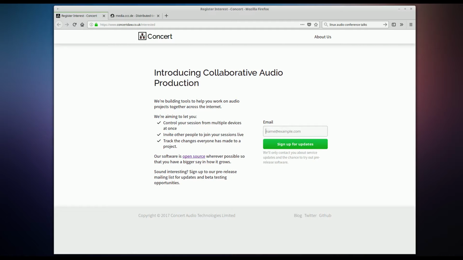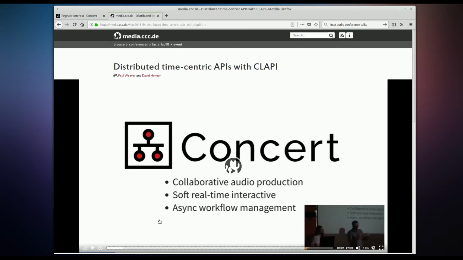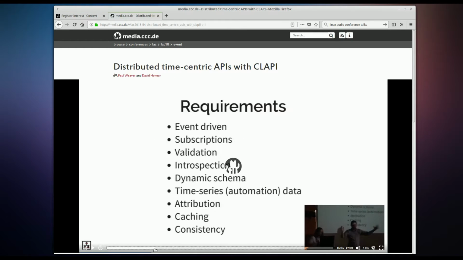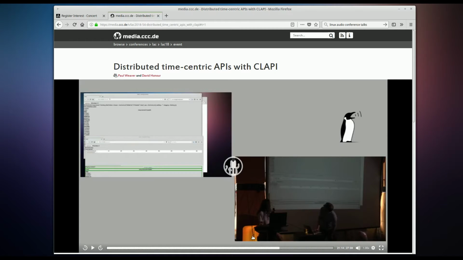Hello, welcome to the second demo of our Concert collaborative audio production tools. This demo is kind of a re-examination of some of the things we showed at the Linux Audio Conference this year, 2018, in Berlin. So, what we're going to show you today is a rudimentary user interface for our tools,